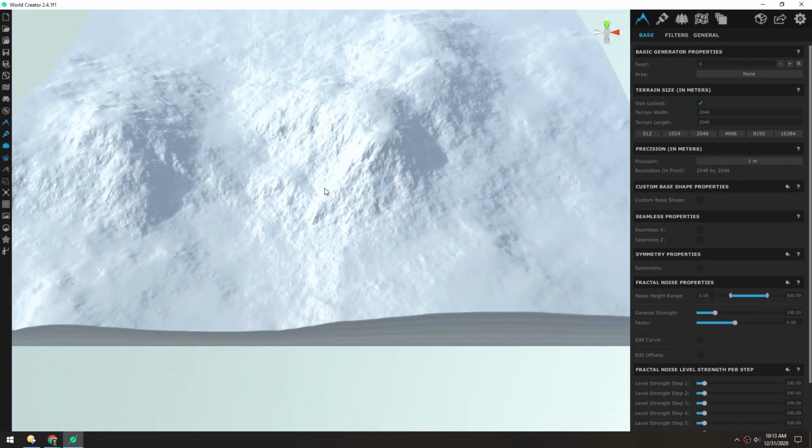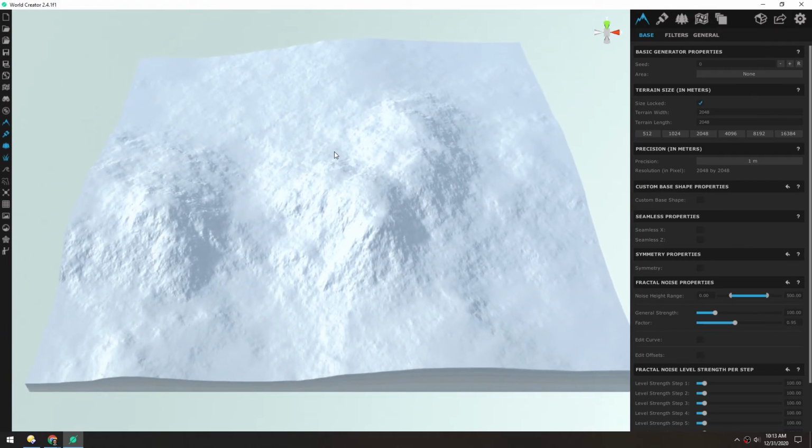It starts you with a big kind of rough base to start with. And over here, you can see there's terrain width and length. So this is the size of the terrain in meters. And then right below this, the precision is kind of the resolution of this. So we want to make a somewhat small landscape, so we'll go to 512